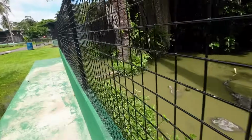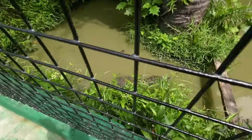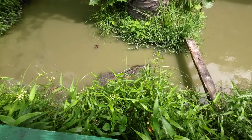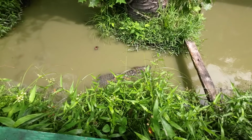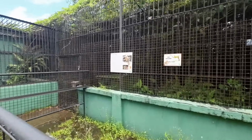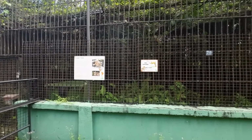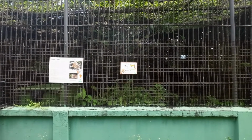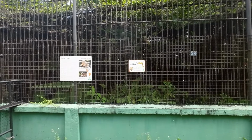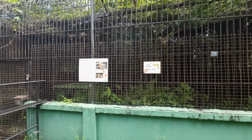And a little bit closer to the edge of the enclosure. Next to the enclosure with the caimans, there is supposed to be a cougar slash puma in here, but I don't see it. Sign says that it's in here, and it sees me, but I don't see it. So